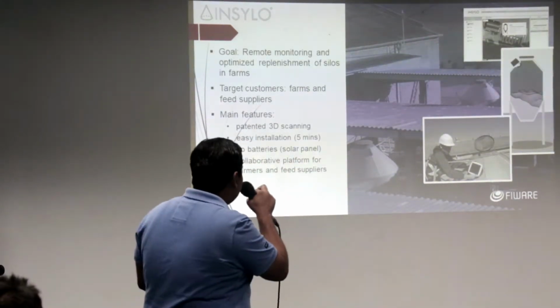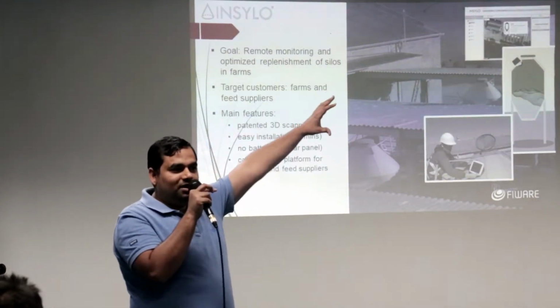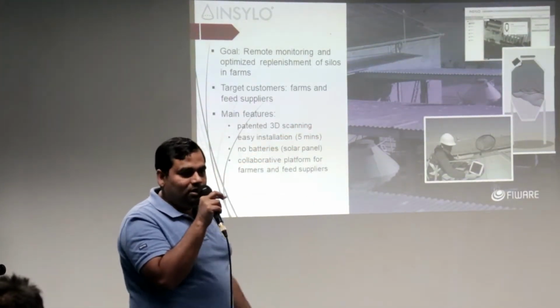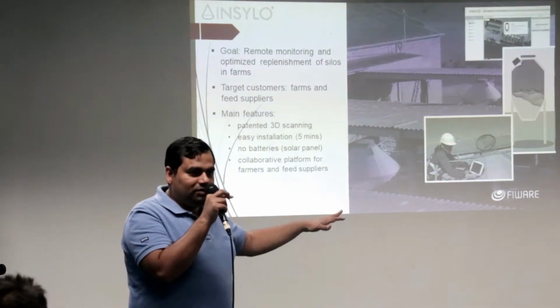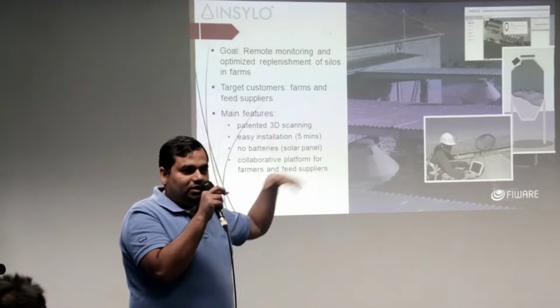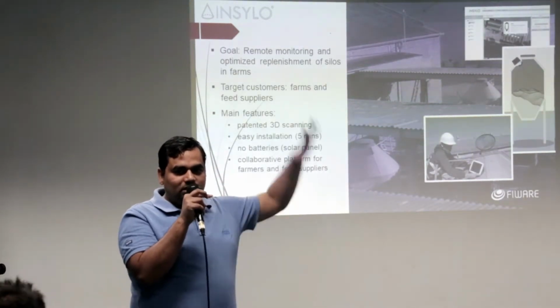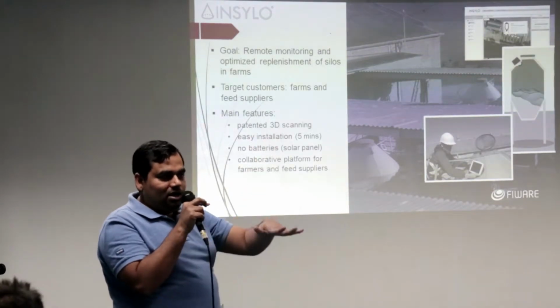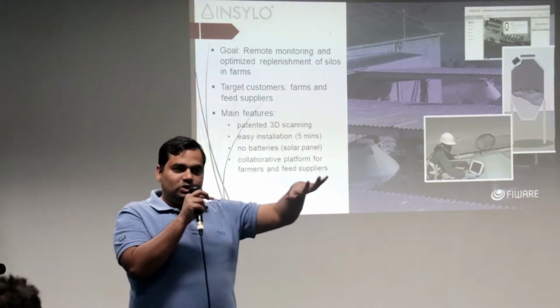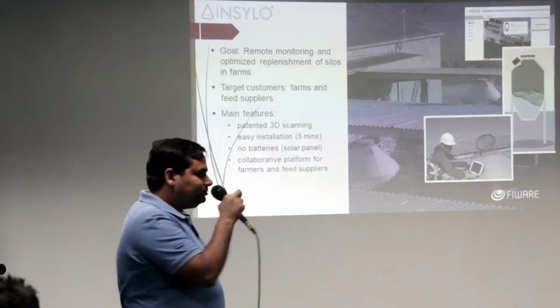So what they did is they developed a pre-scanning mechanism. They deployed a camera and a 3D scanning algorithm to monitor the current level of the feed so that it can be replenished automatically. Then it was connected to the delivery system. So as soon as there was less feed, a notification was automatically sent to the van to add more feed.